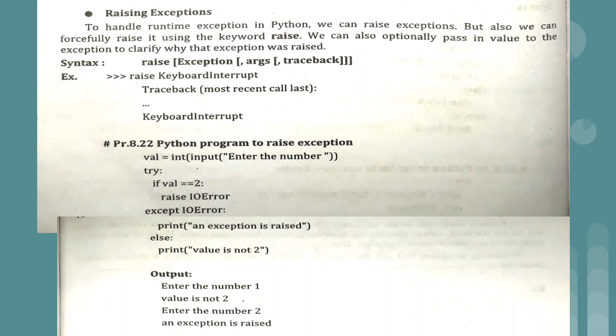Okay, so enter the number. If we are entering 1 as a value of val variable, then we will get the message value is not 2, that is there is no exception, so else part will get executed. And suppose if you are entering the value 2, so now whenever we are having value 2, we have raised the IOError exception, so the except block will get executed and you will get an error message as an exception is raised. Basically we are not making use of this particular keyword raise to raise the exception, because